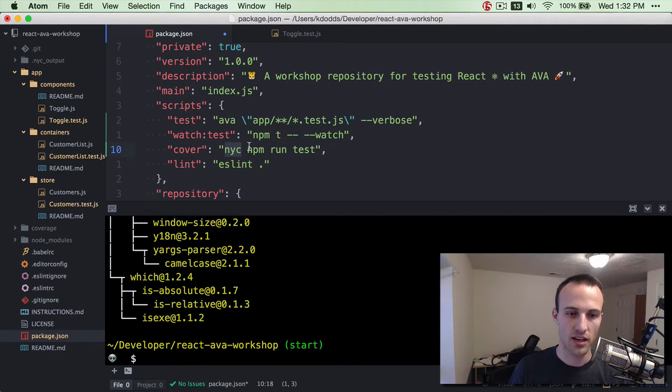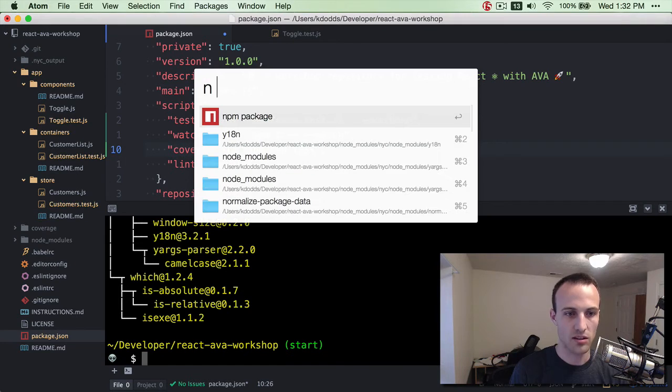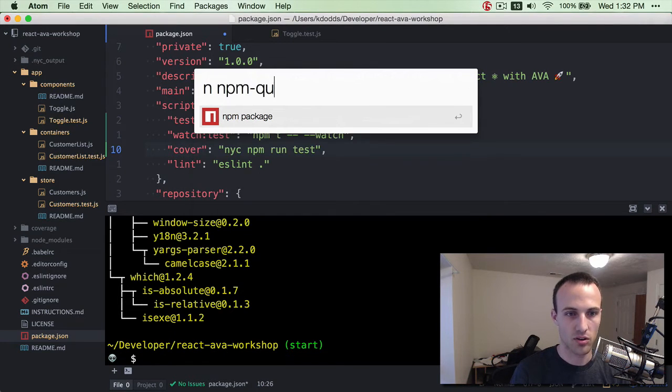So we'll add cover, and all that we're doing is we're just prefixing npm run test with nyc, and nyc will say, okay, any subprocess created by the script that I'm going to run, I'm going to instrument code for coverage for that. So now if we run npm run cover,